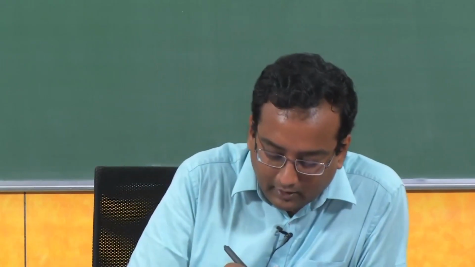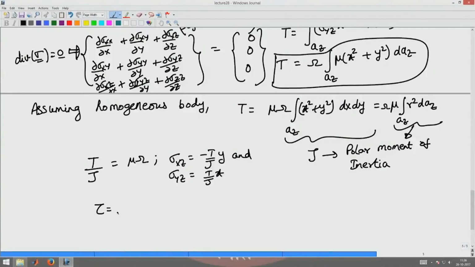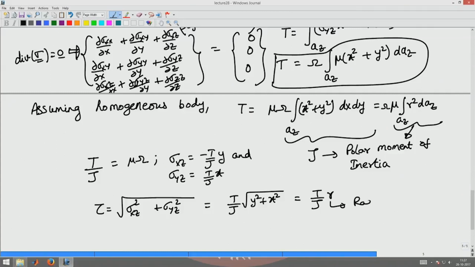So the magnitude of the shear stress tau is given by the square root of sigma xz square plus sigma yz square, because these are acting in the same plane. So this will be T by J root of y square plus x square. Y square plus x square is the radial distance of the point. So this is nothing but T by J into r, where r is the radial